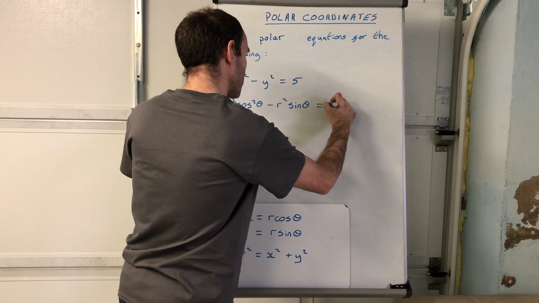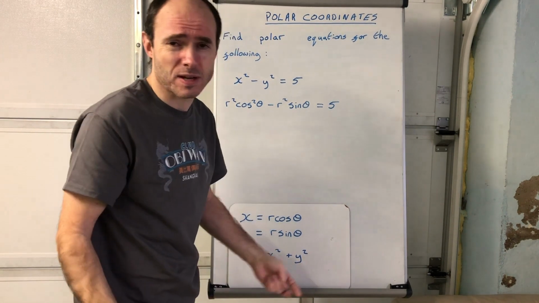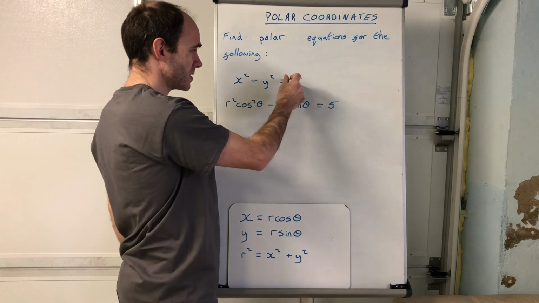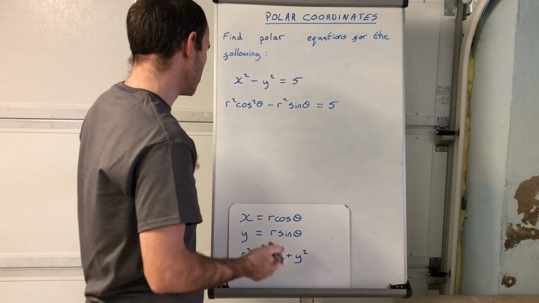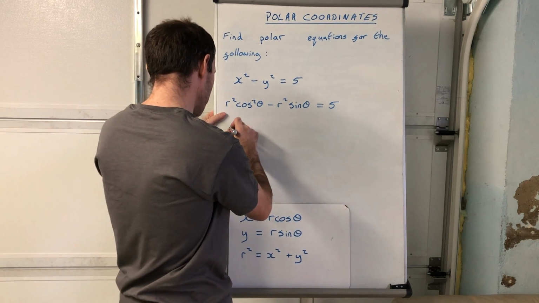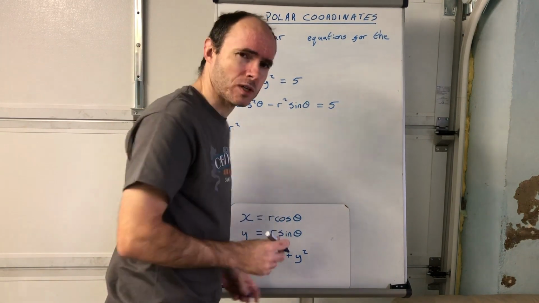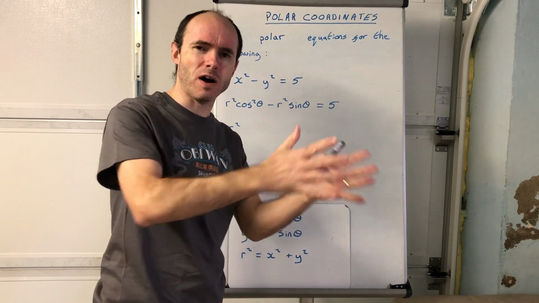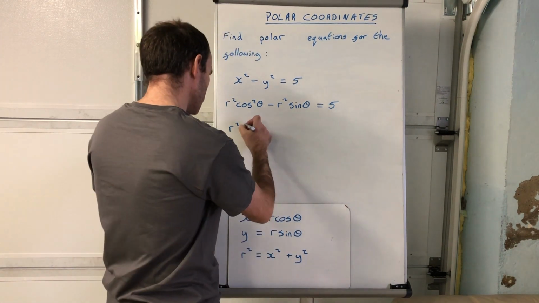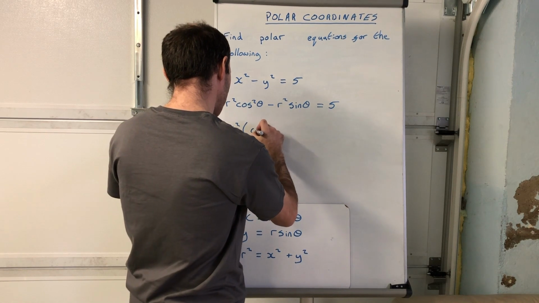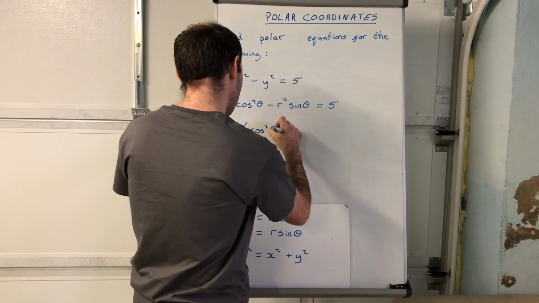Okay, and then just equal to 5, and then again, done it. Step 1 done, converted from Cartesian to polar. And now just do a little bit of simplifying with this. So the first obvious one is to factorise, because with polar form, you always want to have just a single value of r, okay? You don't want to have r in two different places where possible. So you have r squared, and then cosine squared theta minus sine,